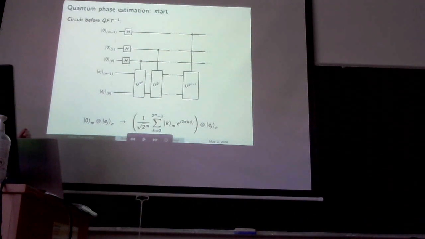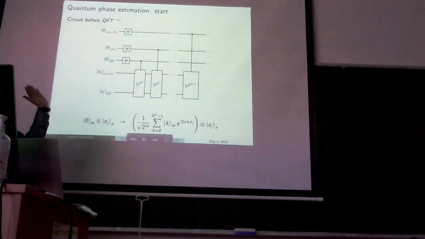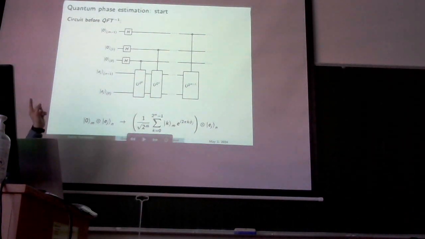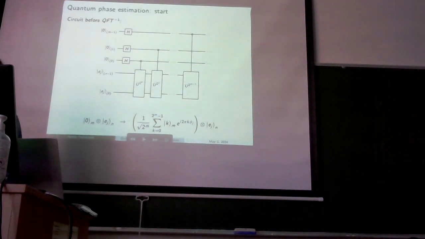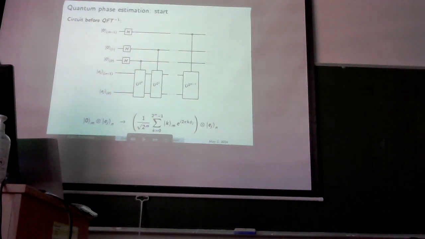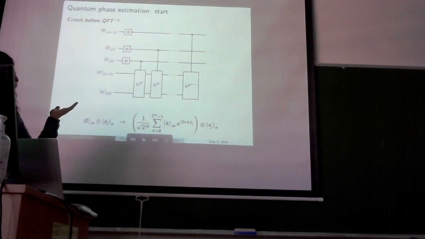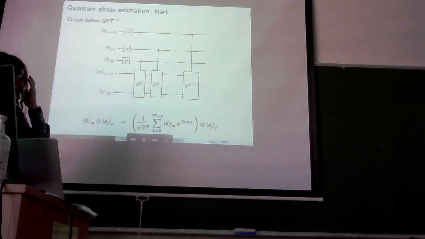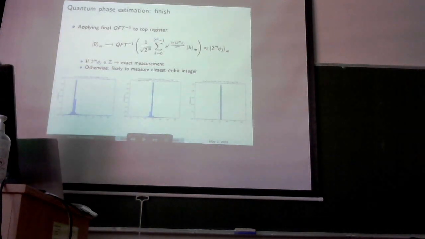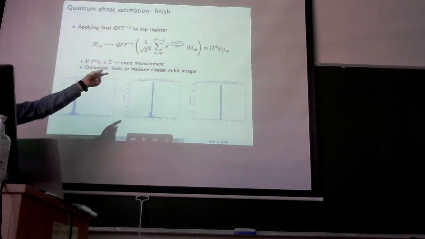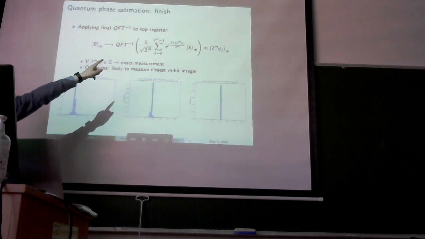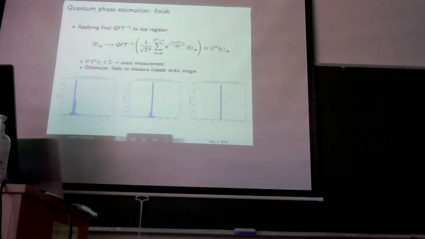Well, the goal is to transform the top register into the following shape. This shape might be familiar because it is similar to the result of applying a QFT to a regular basis state. And this is why afterwards we follow this part of the algorithm with an inverse QFT, because the result is going to be something close to a pure state, which represents the integer 2^m times the phase, as an m-bit integer.